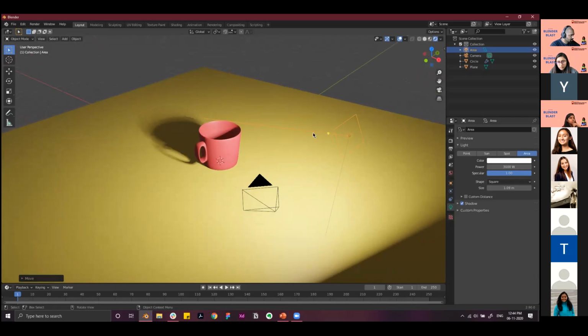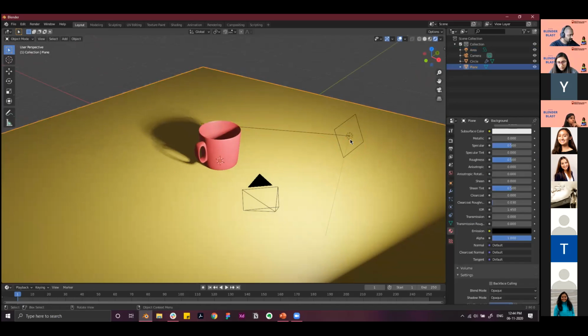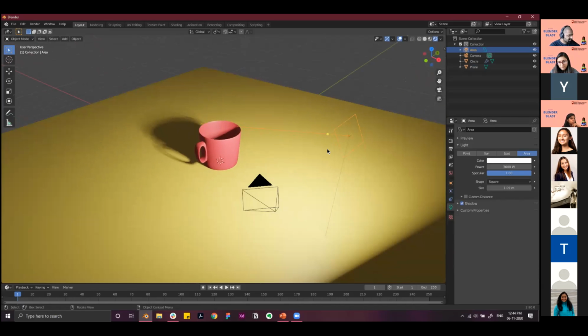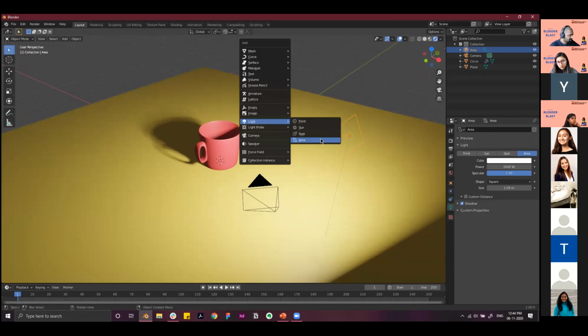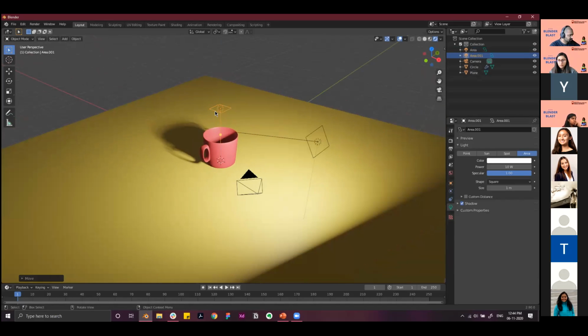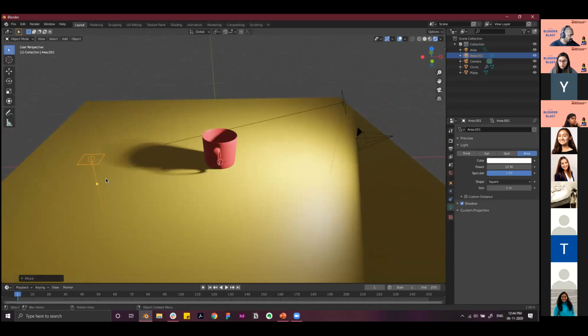We will be removing the shadow behind, right? Sure, we can do that. The way you do that is by adding more light sources. So I'll press Shift A, and then again I'll add an area light, and press G and C to bring it up. And similarly to the first light source, we can set up another one.